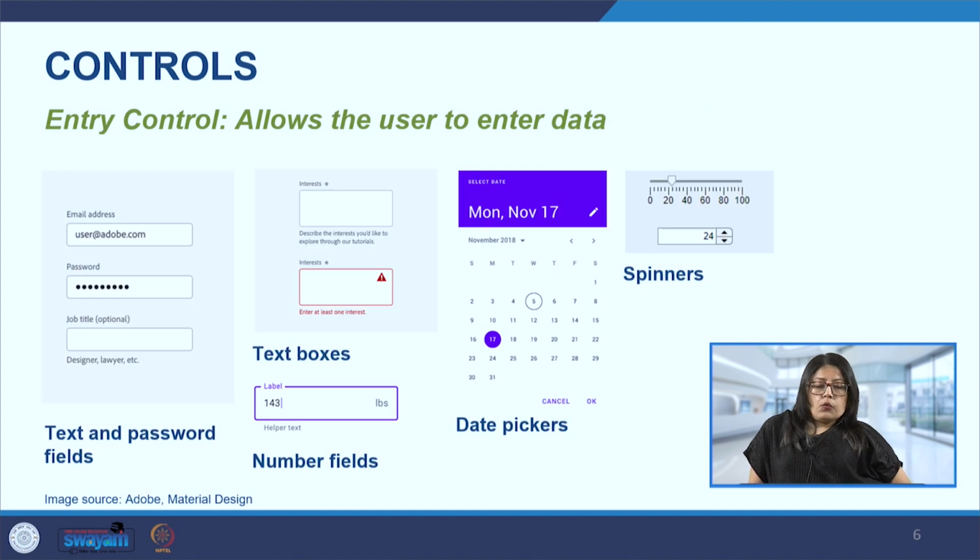Now entry controls are the ones which allow the user to input some information or data. Here we can see that we have different types of entry controls. One is the text field. Generally when we are signing up for an email or for information on a certain subject, we input text. This allows users to input single line text like name, email addresses, or even short answers, such as why do you want to sign up, for example.